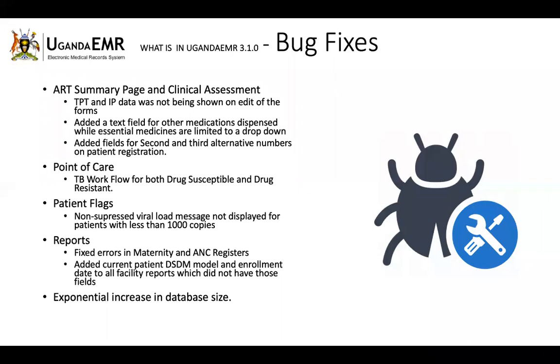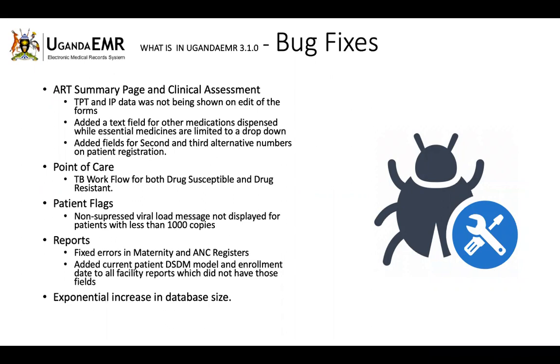We've also added on patient registration, we were previously capturing only one phone number, but currently we capture the second and the third alternative numbers for cases of follow-up. We had cases of, I want to follow up a patient, but I have only one number registered, and the number that I have registered is off, for example. So from the field, people asked that please provide an opportunity to capture the second and the third alternative,